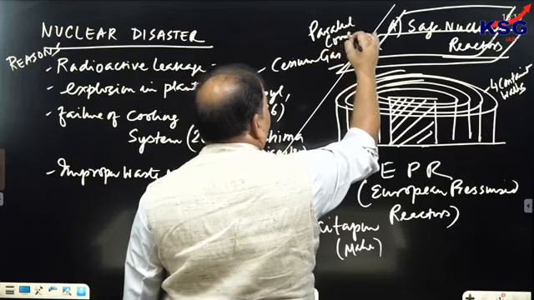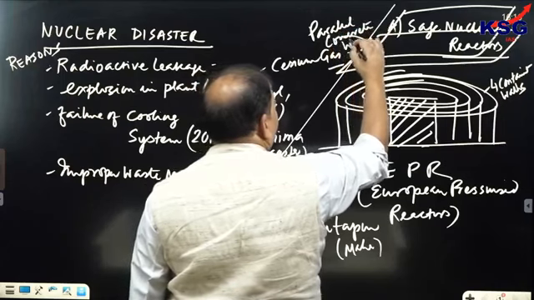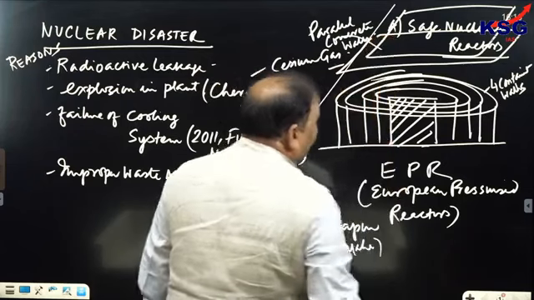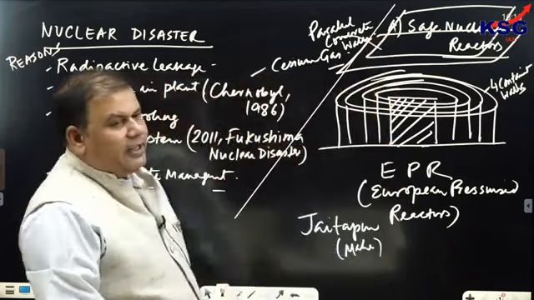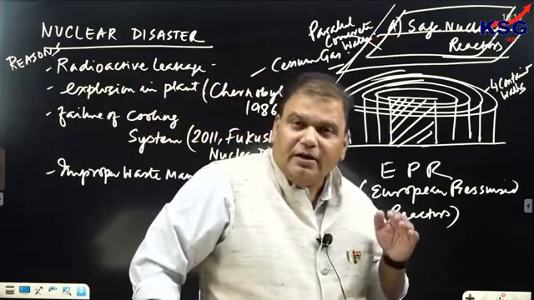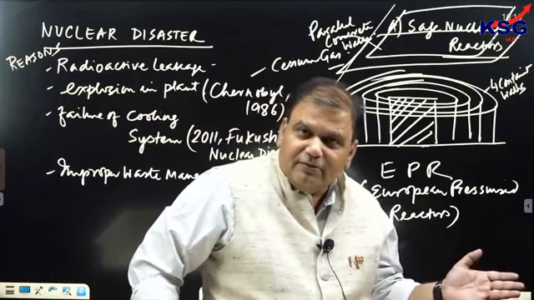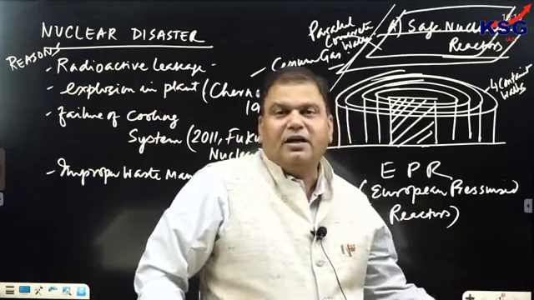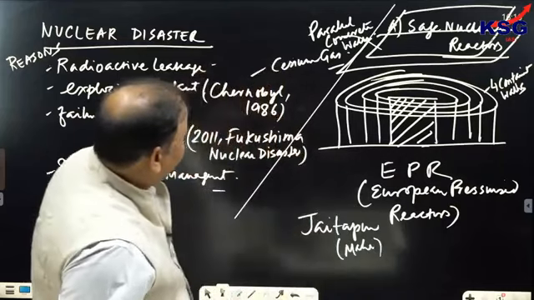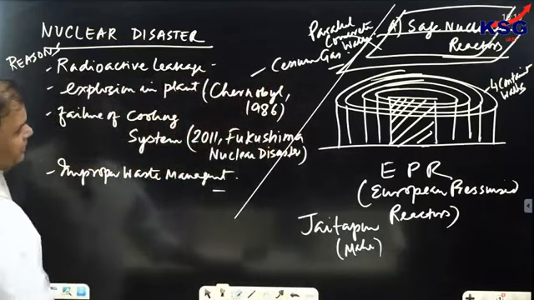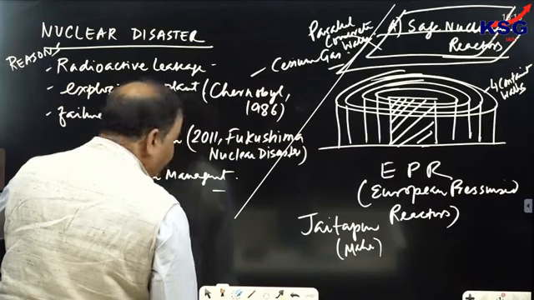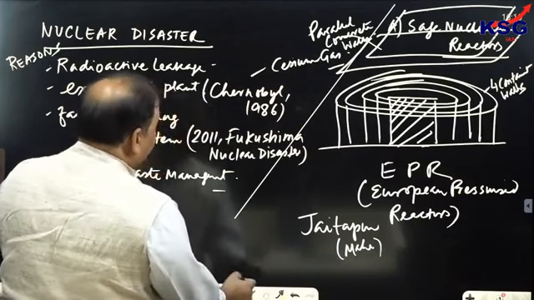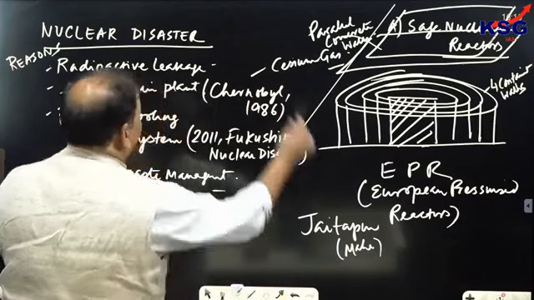And why have two parallel concrete walls been established over it? This is for the purpose of preventing the impact of an aeroplane landing or takeoff. Clear? So two parallel concrete walls have been established over it. So that's the EPR, European pressurized reactors. So that's the first thing. The second thing that you have to know is